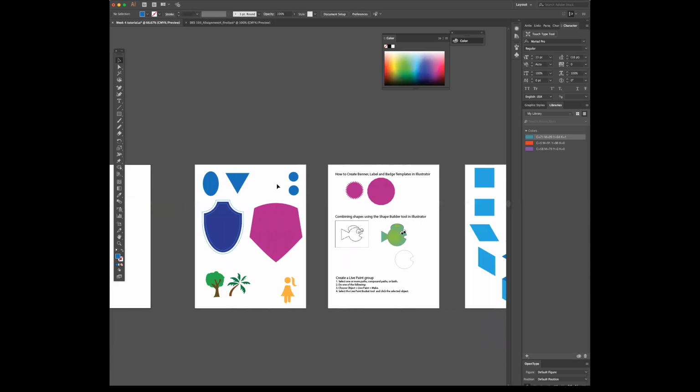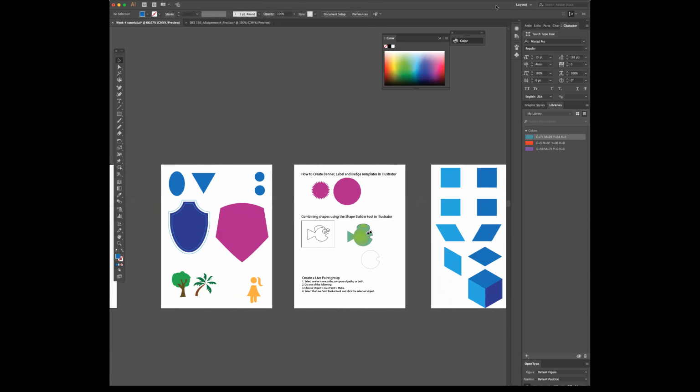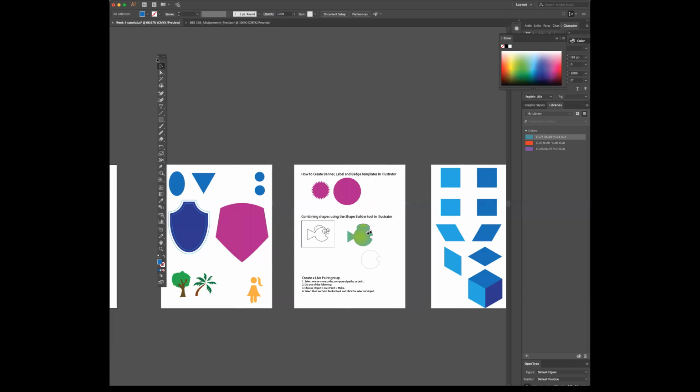All right, we're going to go over how to create banners, labels, and other embellishments that you might want to include on your shield. So let me close out of this chat box so I can do it. Okay, so step one, after you create your new document, you're going to grab